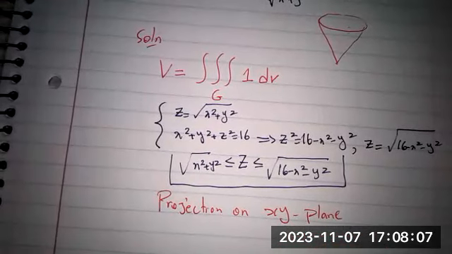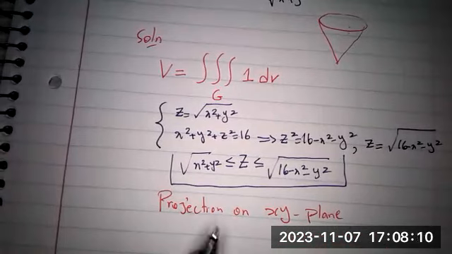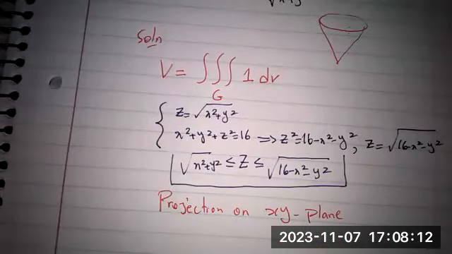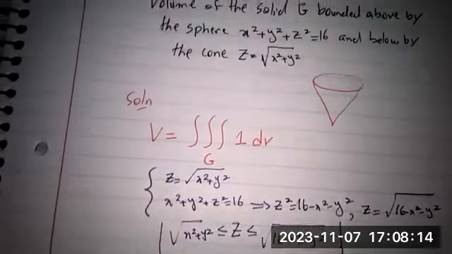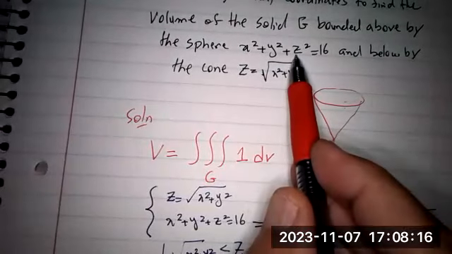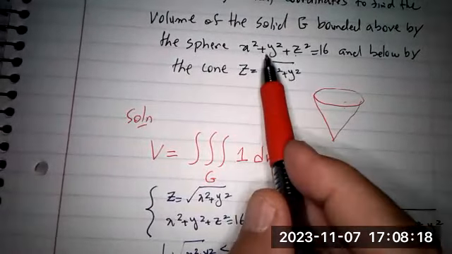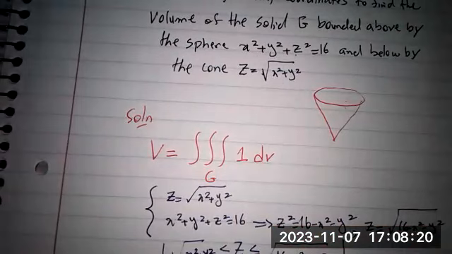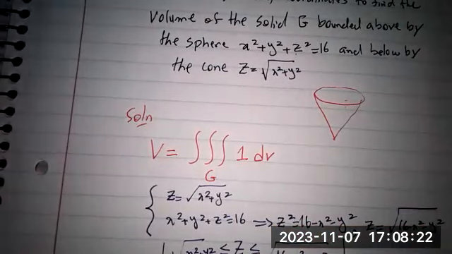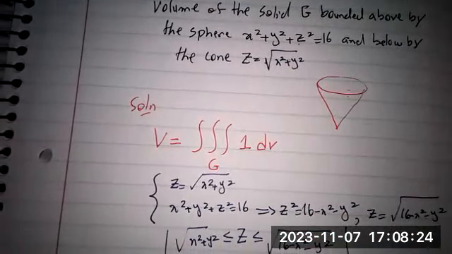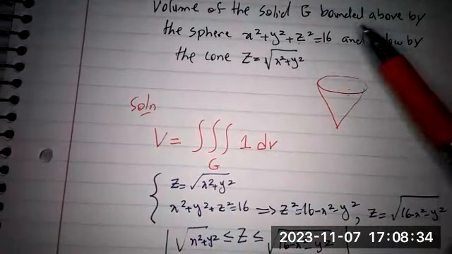The people, the way to do it, because they know that if you want to project it, usually let z equal to 0. They let z equal to 0. Then they arrive at the fact that x squared plus y squared equals 16, and in two-dimensional, the region is going to be a circle centered at 0 with a radius of 4. Then they continue, which is wrong. Because the region is going to be, you see,